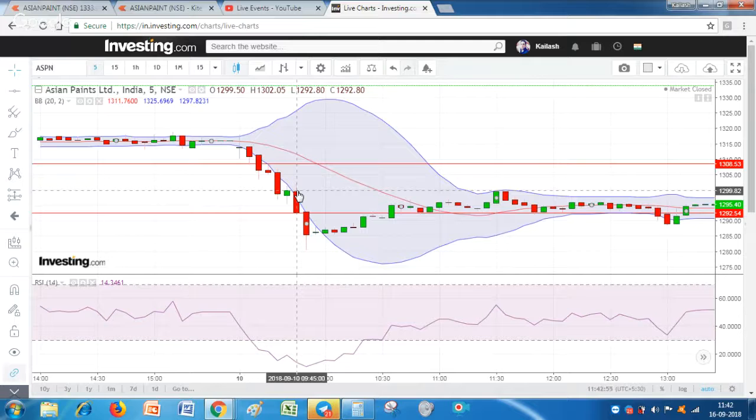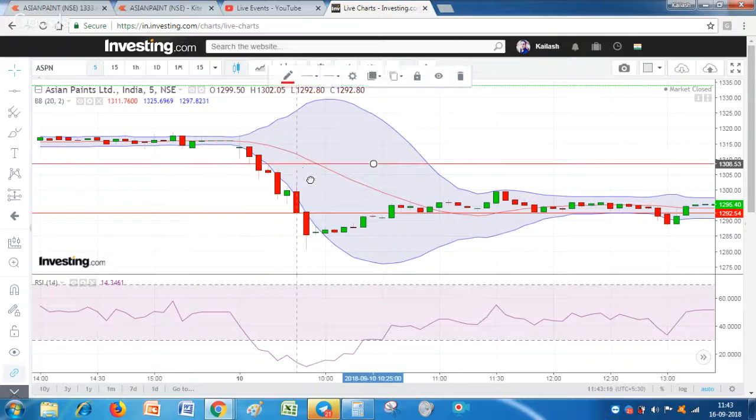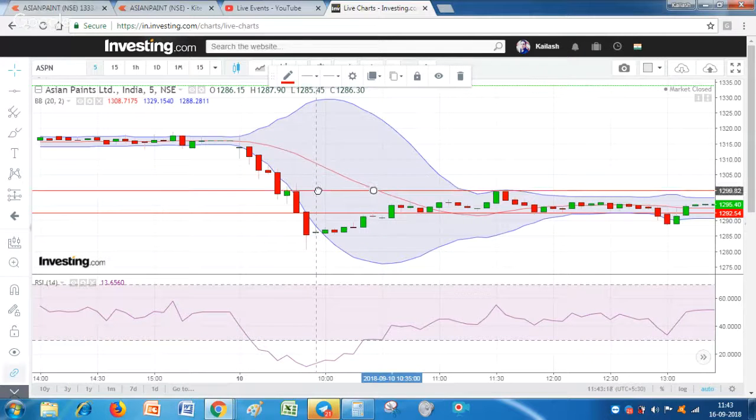If we are still greedy and we see that the stock can fall further down, what we can do, after the stock has reached close to our target, is extend our target further. We can expect somewhere 5-10 rupees further down. And in this case, we have to trail our stop loss from whatever level we had kept, and keep it at the 1300 level.